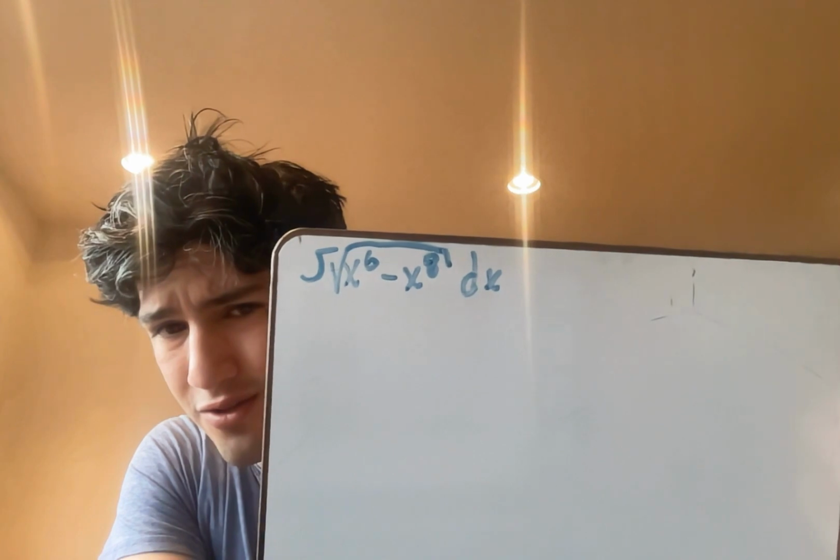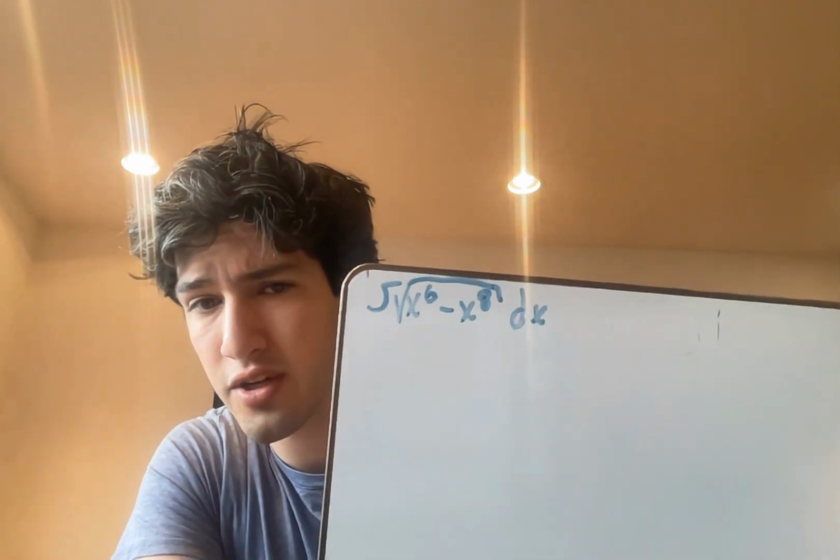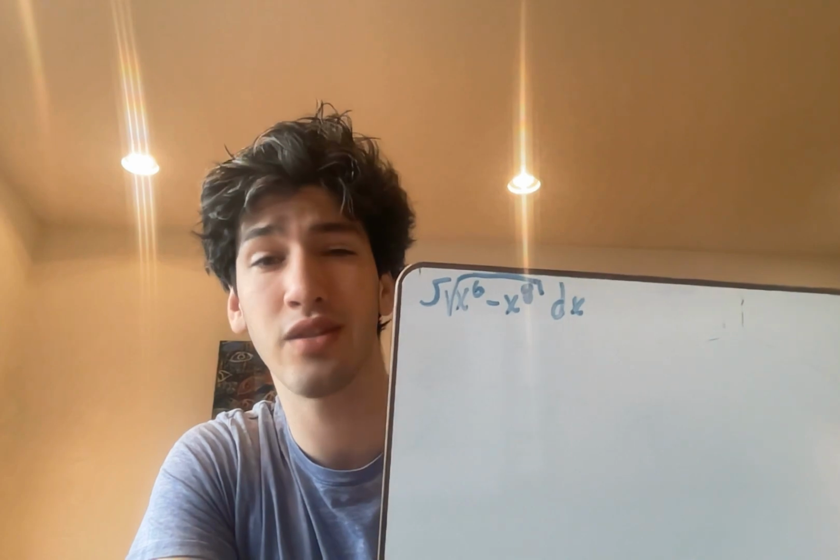Hello. Today we will be exploring this integral right here, the integral of the square root of x to the 6th minus x to the 8th dx. To solve this integral, first we're going to pull out an x to the 6th from each of these terms. Then we have x to the 6th times 1 minus x squared. Then we could even pull that x to the 6th outside the square root. So we're left with the integral of x cubed times the square root of 1 minus x squared